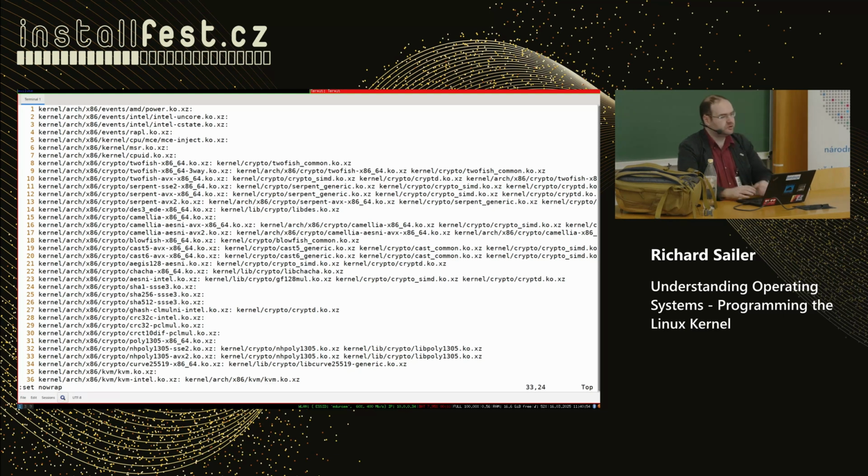Sometimes you want to unload a module and reload it because it didn't work properly. For example, I have a routine: if my Wi-Fi doesn't work, I unload all my Wi-Fi drivers and load them again. You can do that with modprobe -r, and modprobe is the command to load them. But their dependencies are important, so you have to take care of them. That is also relevant.